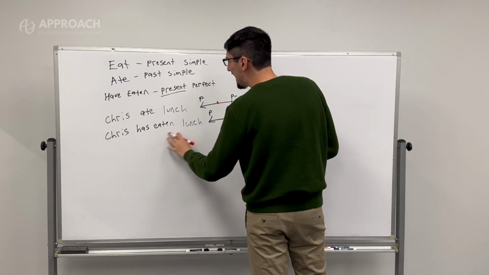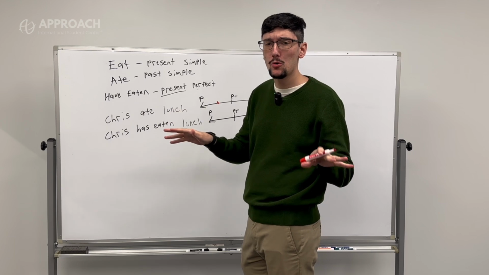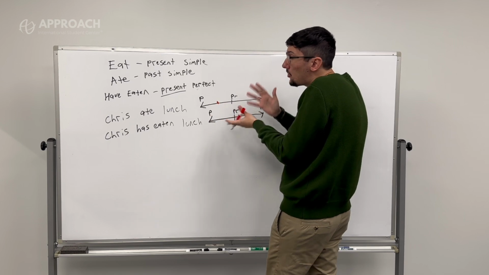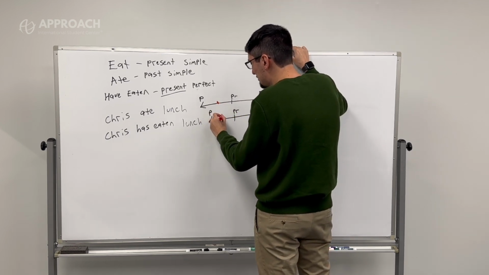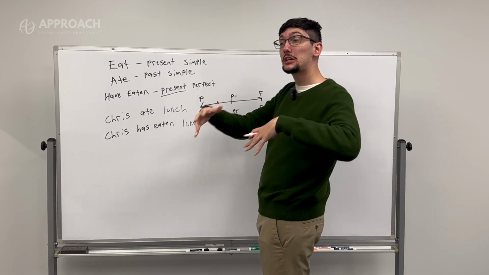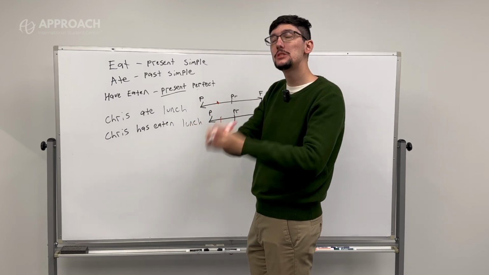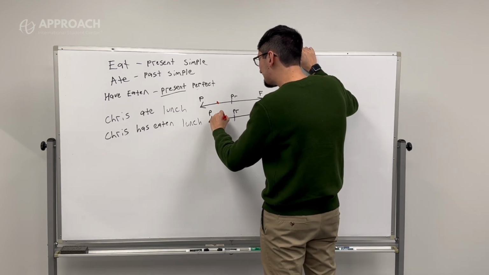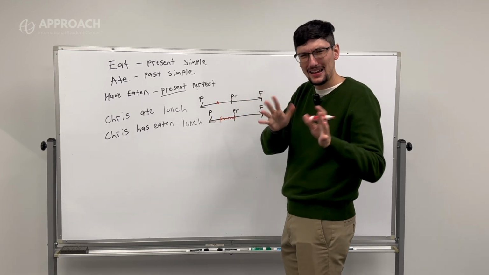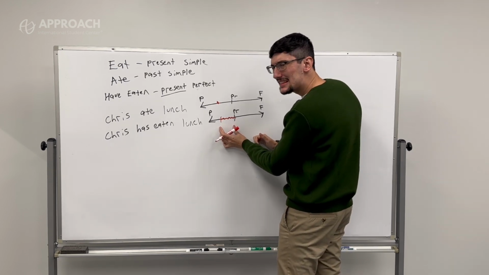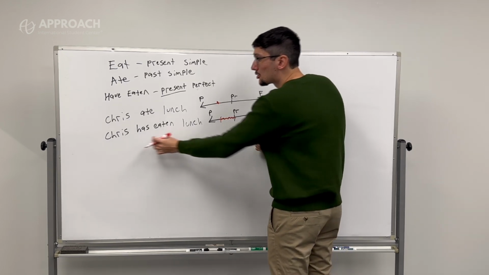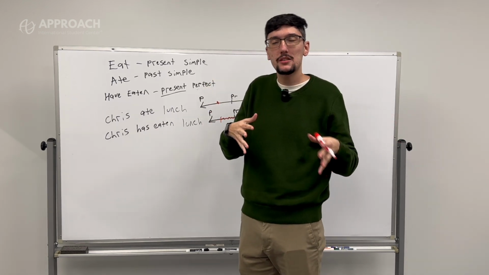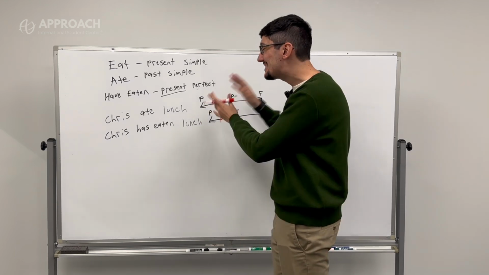So if I say Chris has eaten lunch, all we know from this one sentence is that Chris eating lunch started at some point, I don't know, in the past, and either continued into or is still relevant to the present. So it's more like this, kind of. Just at some point in this period of time, Chris has eaten lunch. Whether it's finished or not, or is relevant or not, needs to be explained more, but this is the key